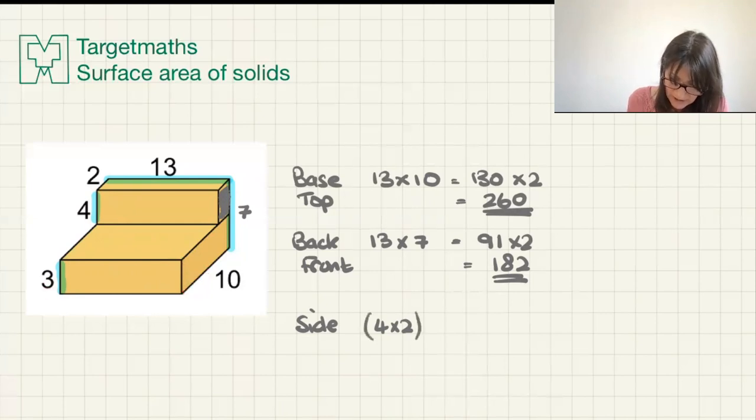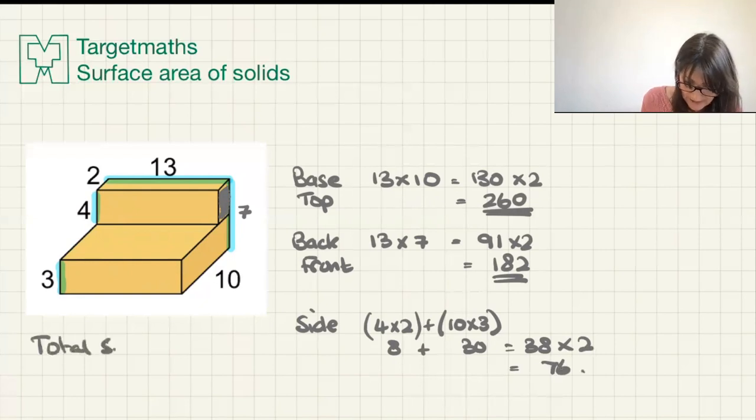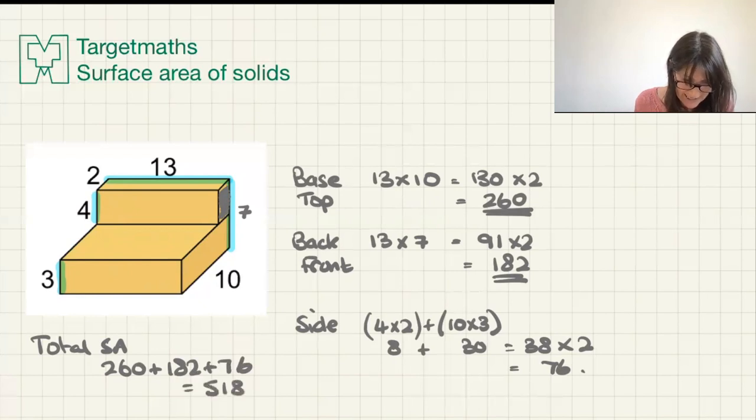So we've got 4 times 2, which we're going to add to 10 times 3. That is 8 plus 30, which is 38. And of course, the second side means double it, and we've got ourselves 76. So our total surface area is 260 plus 182 plus 76, which is 518